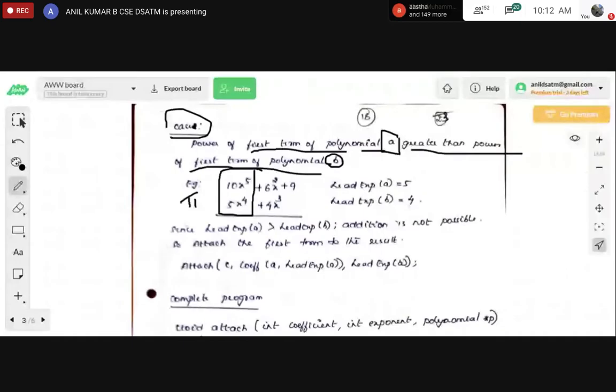Here the lead exponent of a is 5, that is, the power of the first term is 5, and the power of the second term is 4. So check the condition there. If the power of a is greater than the power of b, addition is not possible.